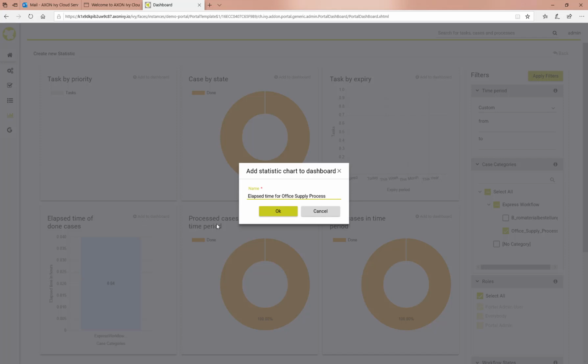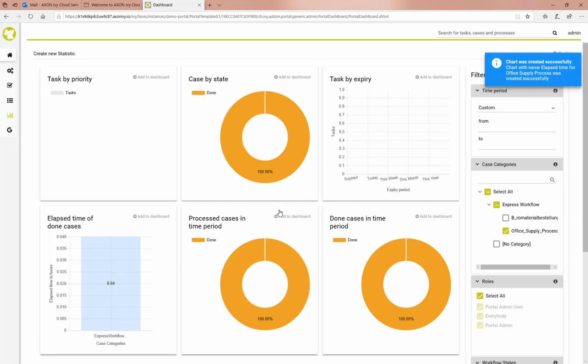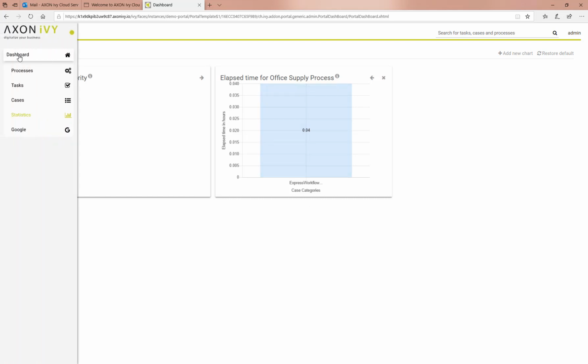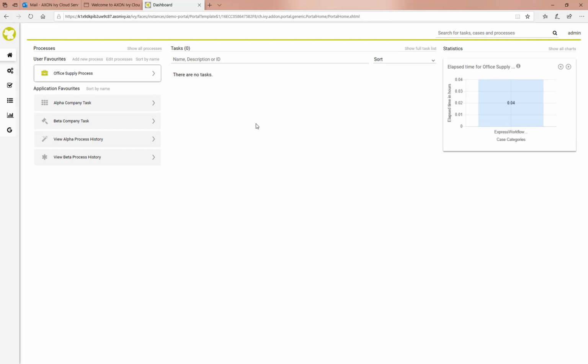So the filter will be applied on this statistic, and as soon as I click on OK and I go back to my statistics overview, I can see, okay, there is now a new statistic available. And if I go back to my dashboard, I can also see that I have more than just one statistic to switch. And this would be more or less the first intro about how you set up your Axon.ivy cloud services,